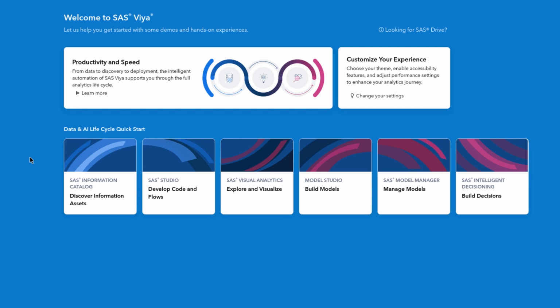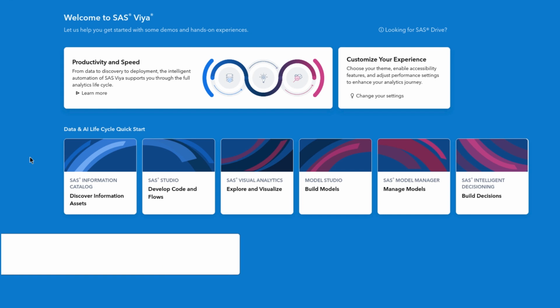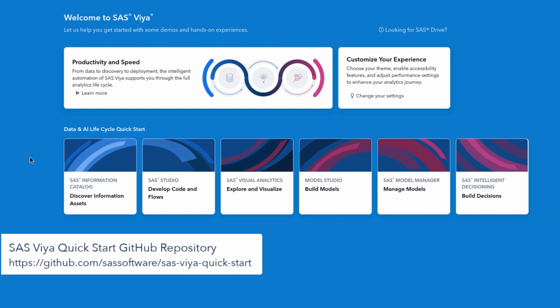Let's get started with SAS Data Explorer. If you have access to SAS Viya, I encourage you to follow along with me. Your environment might already have all the files used in this demo. However, if you don't see them, please visit our SAS Software GitHub page. The SAS Viya Quick Start repository provides the files used in our demonstrations and instructions to load them into your